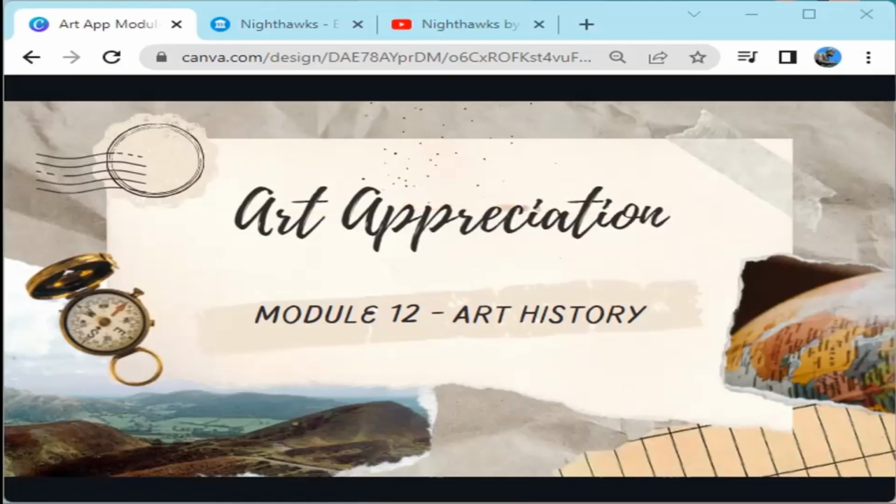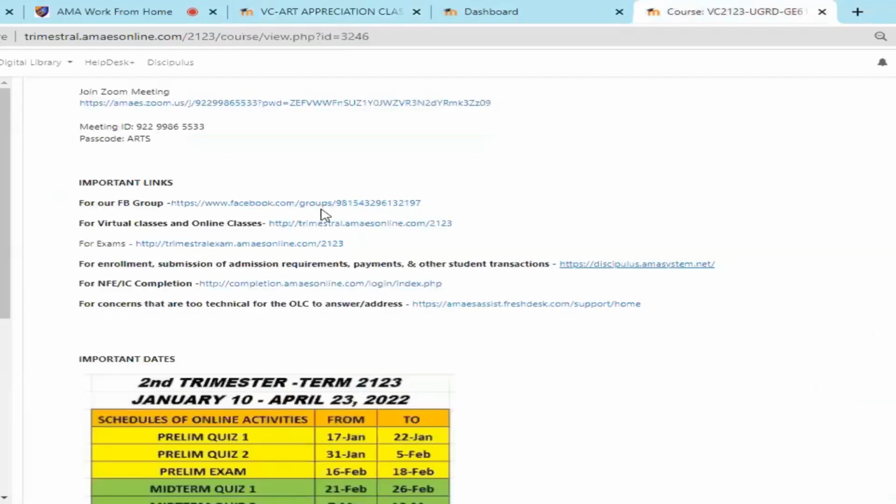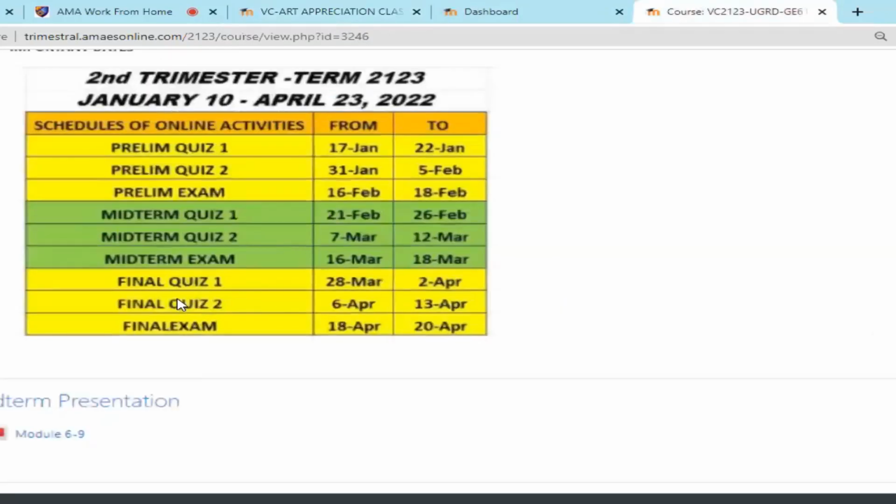So anyways, our final exams are, wait lang, let me just get the schedule para reminded ka, no, of our schedule. Ayan. So, make sure lang na to follow this schedule. It's available in the VC.